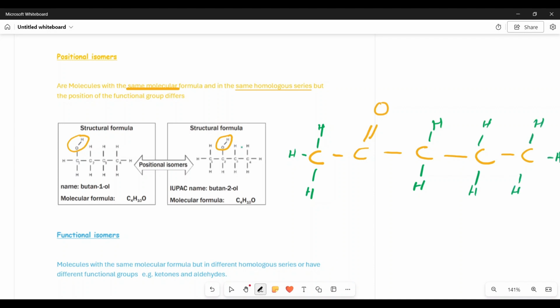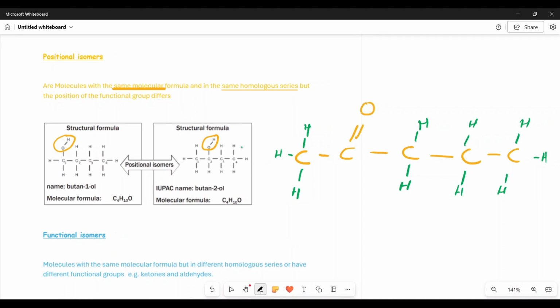Now I'm saying that with regards to your positional isomer, we are only changing the position of the functional group, which is this. This is our functional group. We're only going to change its position, meaning that we're going to place it on another carbon atom. And if I were to do so,